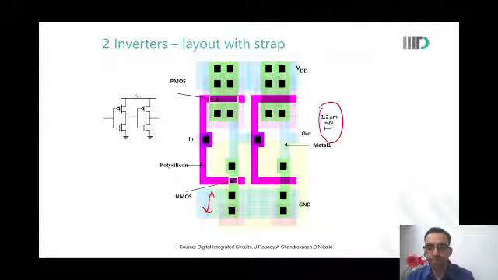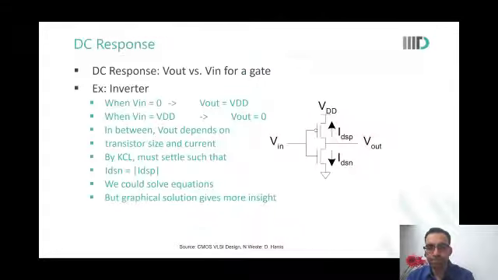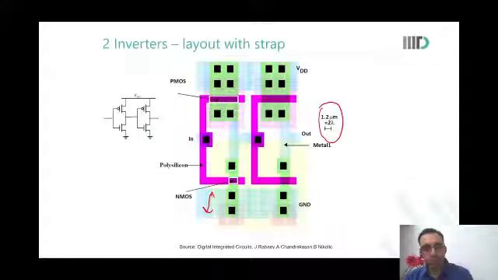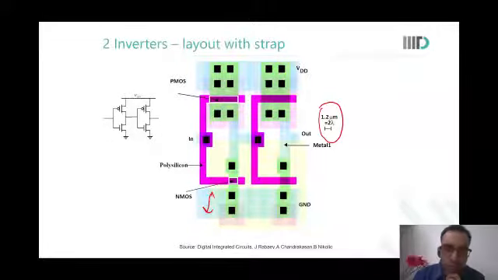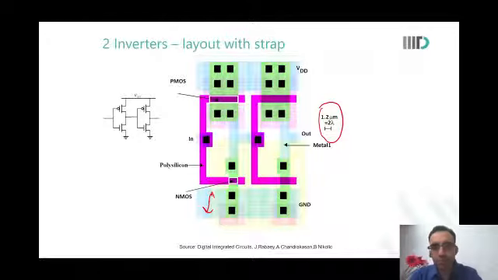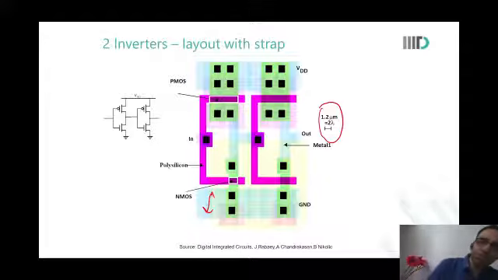Okay. One more question. Like we use these two inverter layouts for buffering. That's the primary purpose. When do we use those two inverters? Two inverters, yeah. To make a buffer. Yeah, that is it. Put the two inverters right one after the other so that we have a buffer.